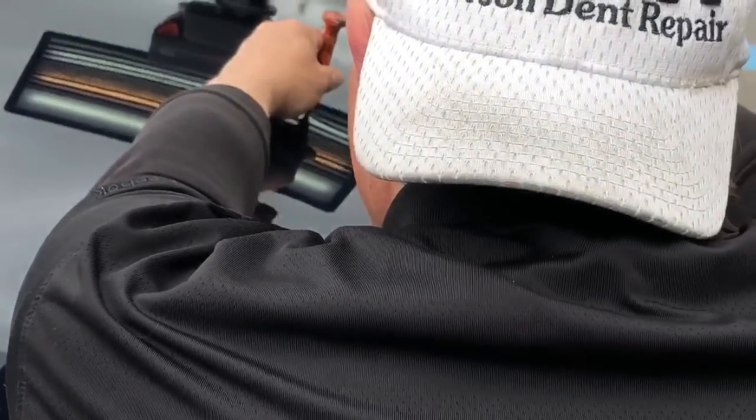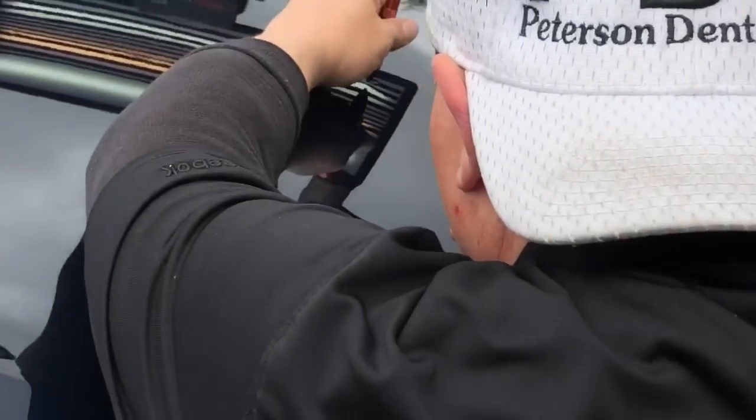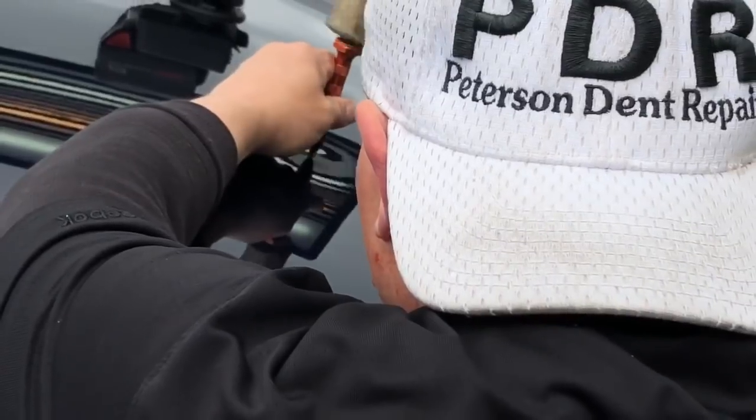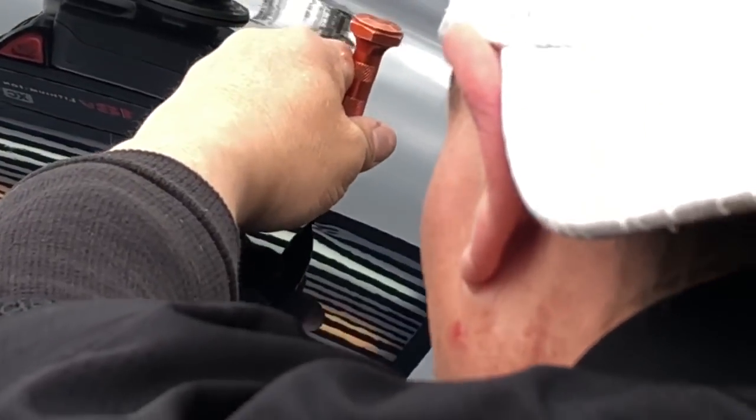But like I always say, and like I told the customer on this one, it's not a perfect science, it's a craft, and hopefully we'll get these dents out to where I call 90 to 95%. I never claim to get anything 100% perfect. It's just, especially on an aluminum hood, this thing is